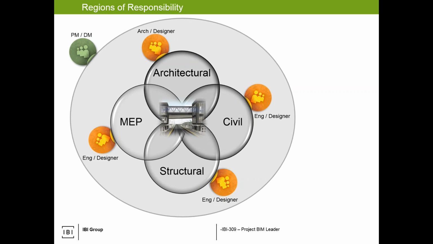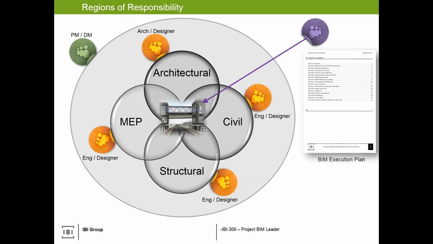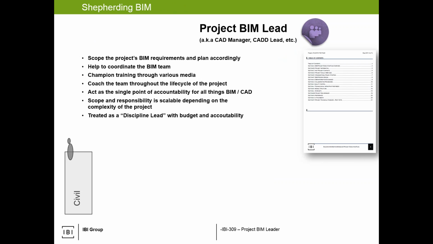And then focusing on the digital aspects of the information, you've got this Project BIM lead that builds this execution plan. That's the focus there. So they're not driving how should the building look, or when you have a clash where a duct is hitting a beam, they're not driving, well, raise the building to miss the duct, lower the duct to miss the beam. No, they're driving the digital interaction of that information and saying, there is a duct that hits the beam. This must be mitigated. Leads, manager, please figure this out, because it shouldn't be hitting the beam. And that's your Project BIM lead, or whatever semantic term you apply.